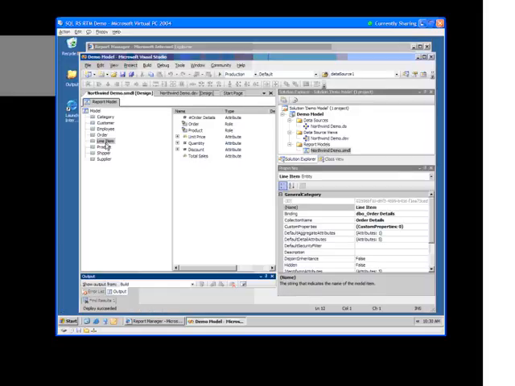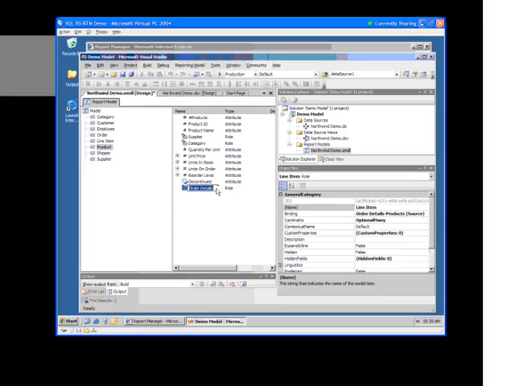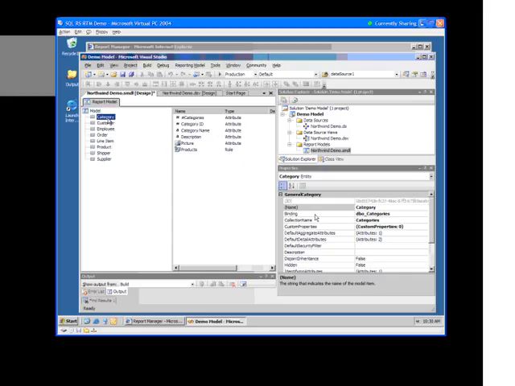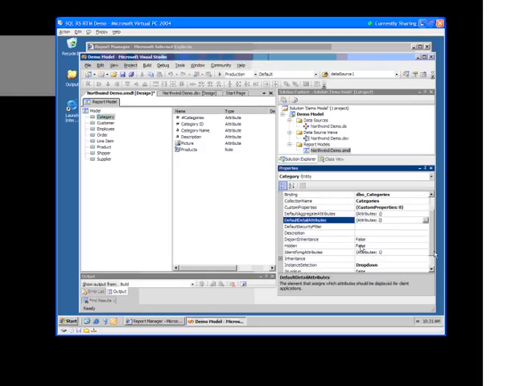So from product, I have a role to order details right here, and I want to change that to line items so that it matches the entity name that I've also changed. So there's line item. And for category, I can look and see that the default detail attributes, actually the identifying attributes, there's a single identifying attribute for category, which is the one interesting field about it. And because there's only one identifying attribute, I can actually go ahead and promote this